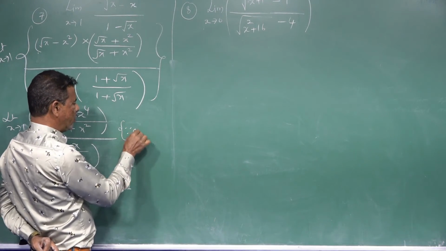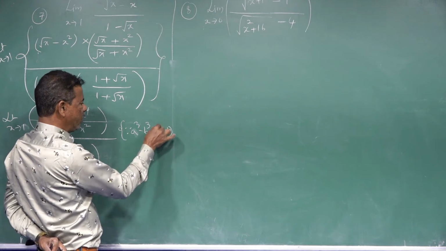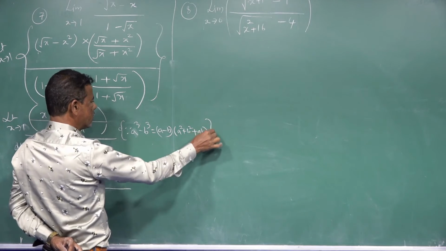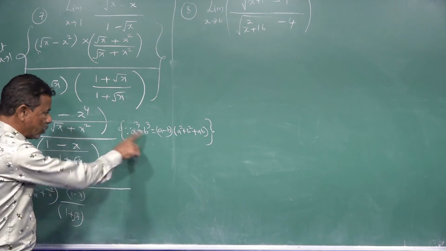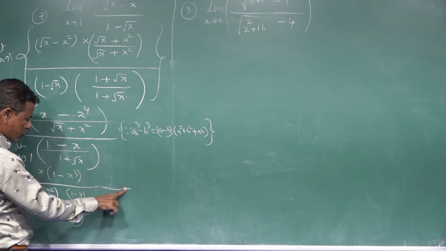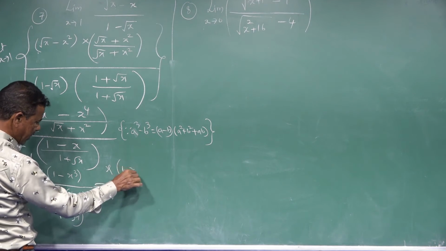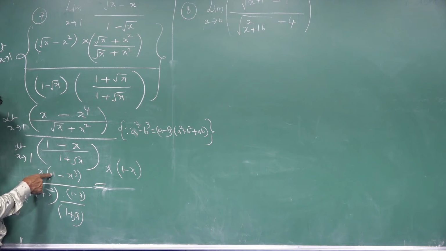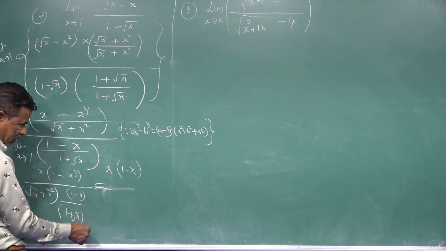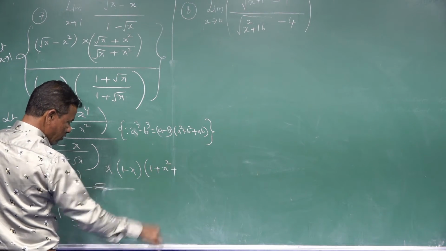Since a cube minus b cube is equal to a minus b into a square plus b square plus ab, this is the required formula. According to this, we enlarge x cube, 1 minus x cube, multiplied by 1 minus x. This is the a minus b. 1 is nothing but 1 cube. So a cube, b cube is the x cube. So a minus b, 1 minus x, into 1 square plus x square plus 1 into x.